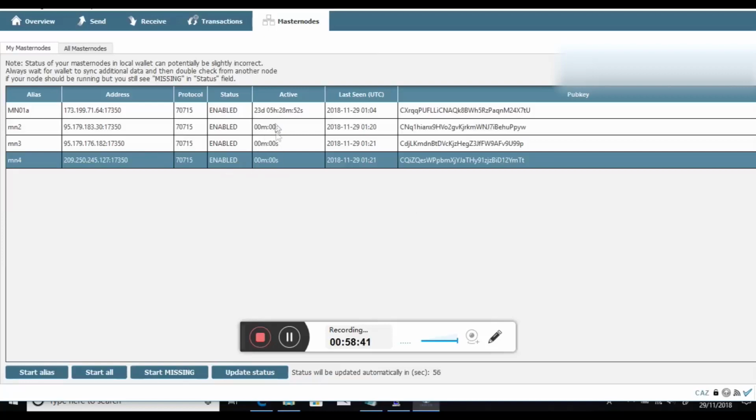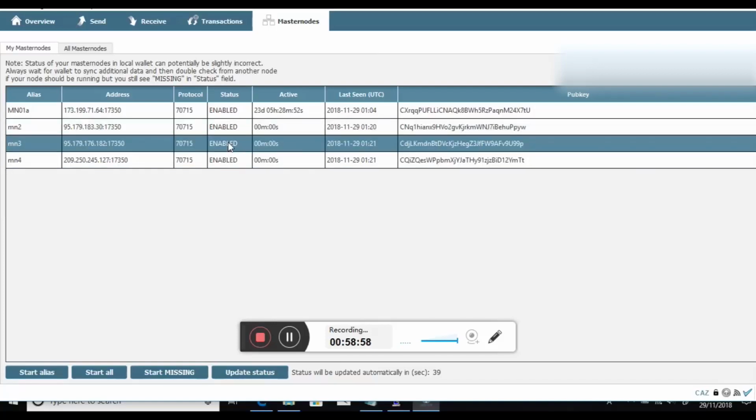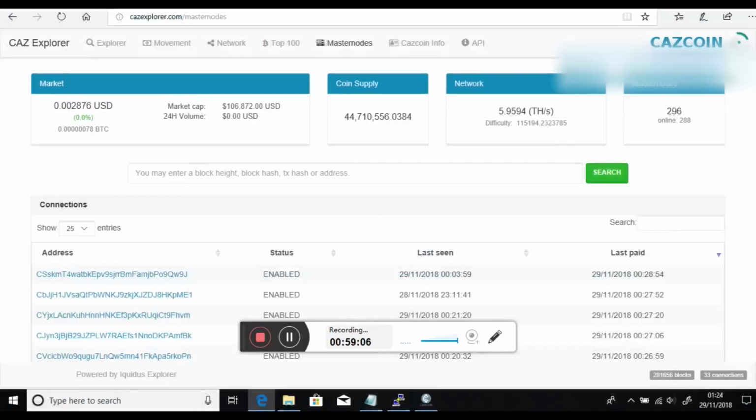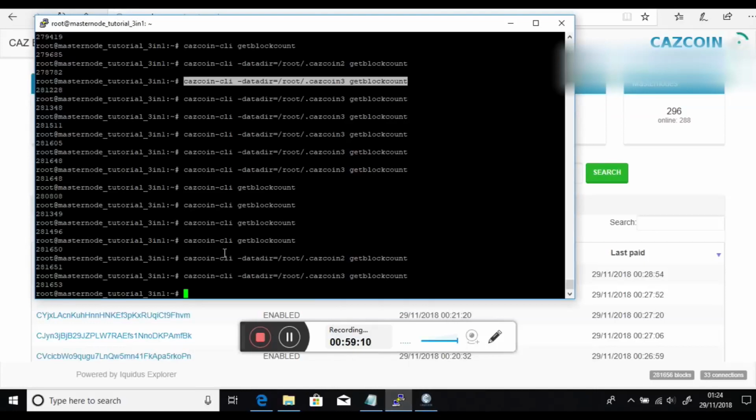Okay, so we can see it's active. The time hasn't moved and may not move. It could be the first 20 minutes, half an hour go by before that starts moving, and once it does, it will continue to move. But just to be doubly sure that all 3 of them are actually running, it may say enabled here, but we need to check in the VPS if everything is as it should. So back into Putty,